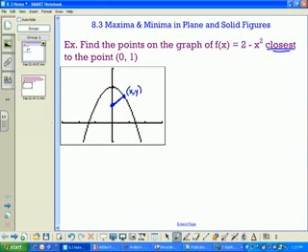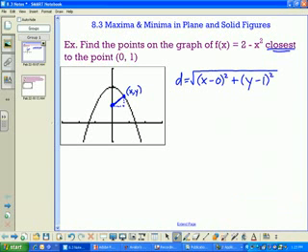So we're really trying to find the ones that are closest. Closest should indicate to you that we're talking about a distance. So if I plug these into my distance formula, remember you can also make a right triangle with these. My x's, I'm going from 0 to x, and my y's, I'm going from y to 1. Now if you have those switched around, 0 minus x and 1 minus y, you'll get the same after we square them. So I'll get x squared plus